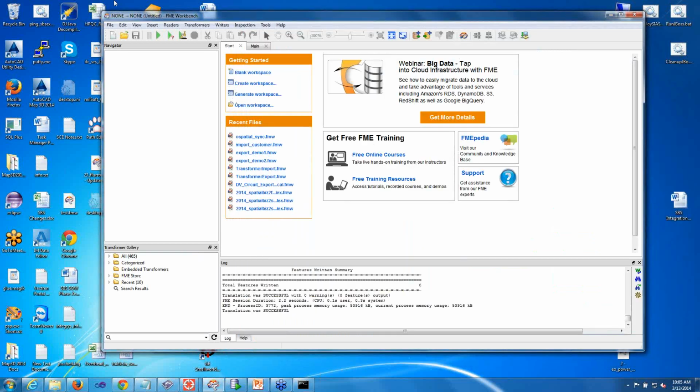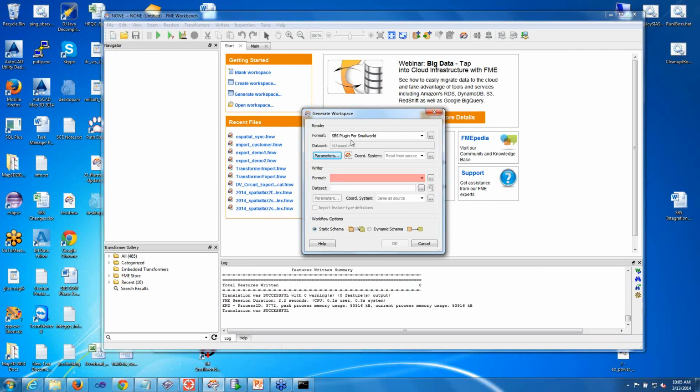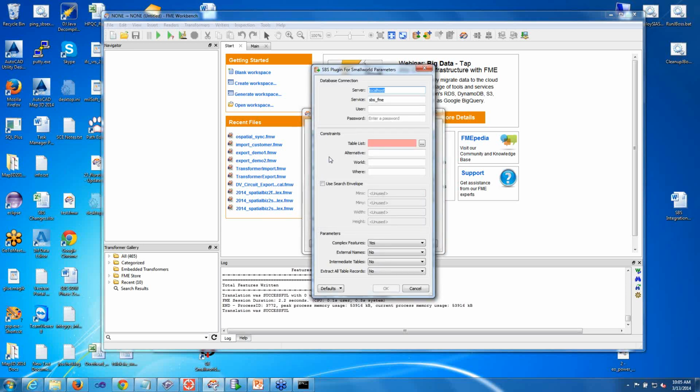So basically, when you start off, I'm going to generate a new workspace just to show you some of the information. You select off the list of formats, and SBS plugin for Smallworld is the SpatialBiz plugin. I click on parameters, and it gives me information about how I connect. So the server, the service, which is basically an alias for the port number that I'm connecting on, and I then have various constraints: features, worlds, predicates, search areas, and then a number of choice items down here that are